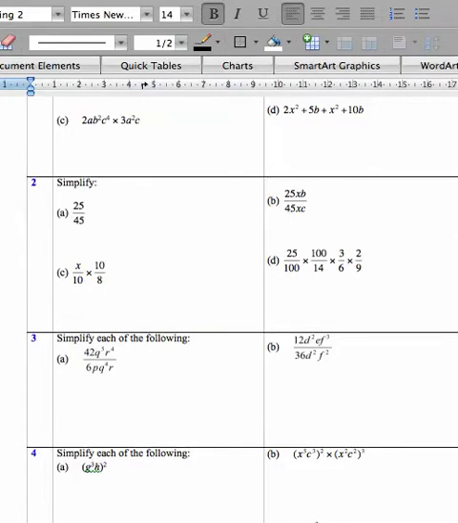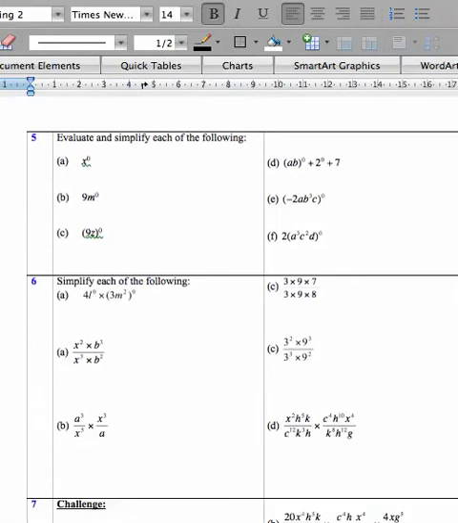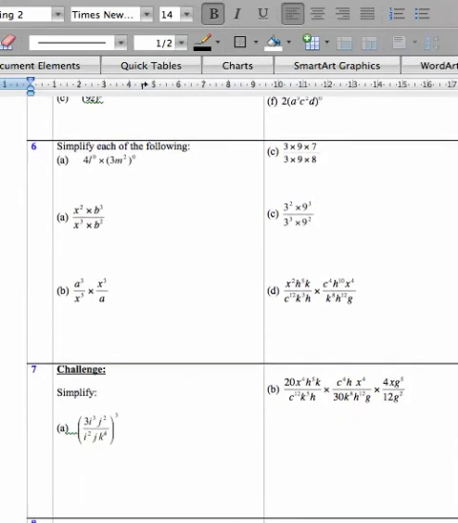And then we won't be looking at all the index laws. We won't be doing the last two that involve negative powers and the radical signs, so you see square roots. We'll be covering everything else, and it does get more challenging, and there are also challenge questions that I'll be